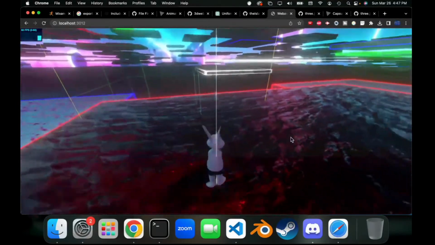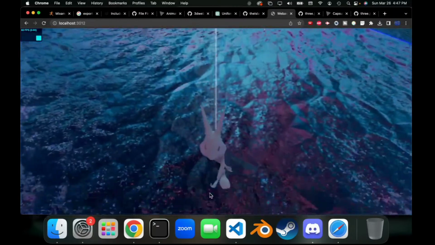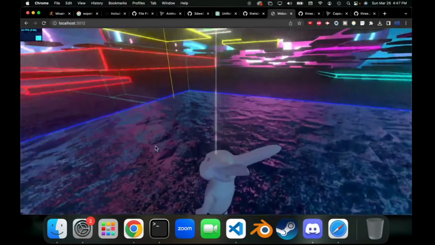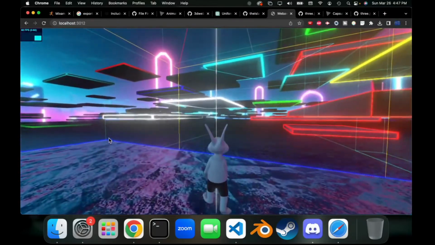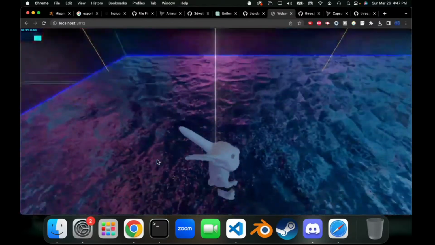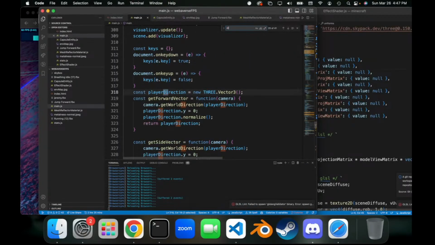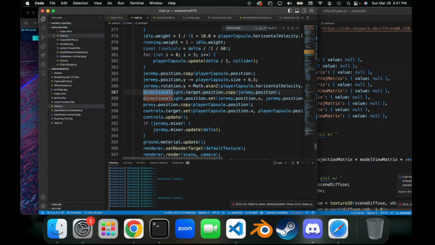Guys, look at those hyper realistic Jeremy shadows. The only issue is that they're not easily visible, simply because the surfaces are too metal. If we turned up the